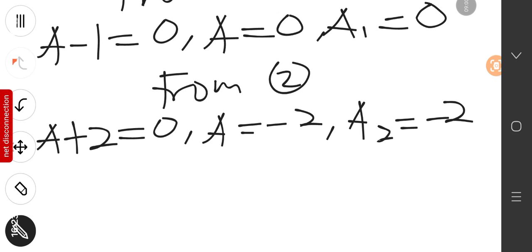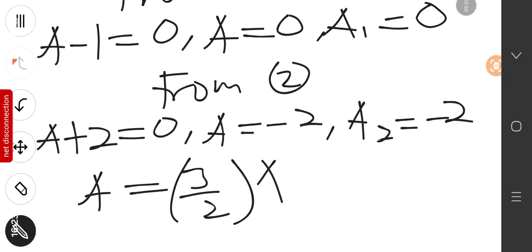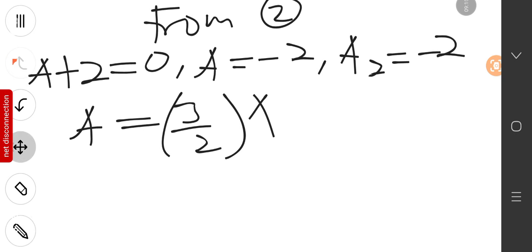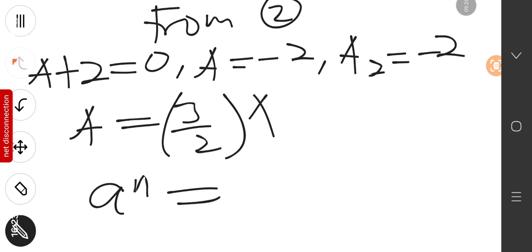But from our equation, we've stated that a = (3/2)^x. Now 3/2 is positive, and whenever you have a positive number raised to an exponent, it can never be negative. That is, a^n is not negative